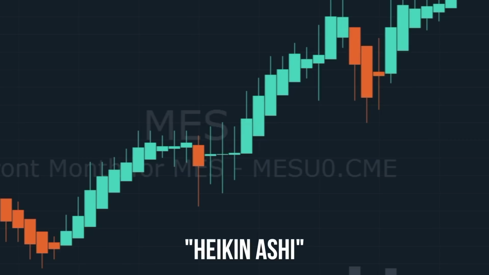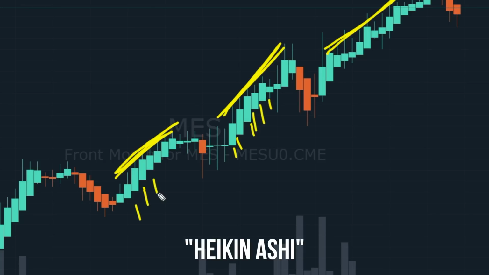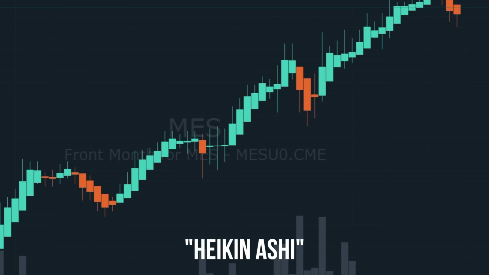The takeaway here is that you shouldn't be scared of seeing wicks on the tops of these candles as the trend is moving higher. That's normal with this type of price action. If the price action is strong, you won't see wicks on the bottom of these big green candles pushing higher. Now, obviously, there's always going to be exceptions to the rules, but in general, when you have a nice, strong trend like this, you're going to see the wicks on the tops of these green candles,